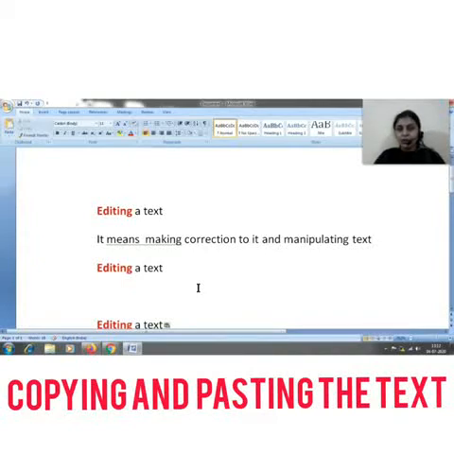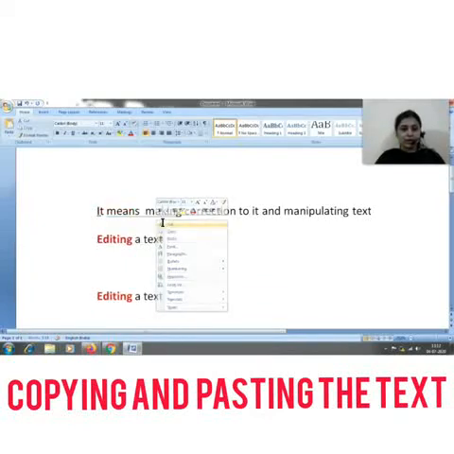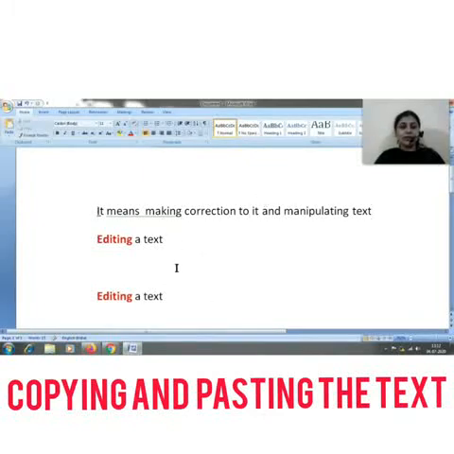Now we will study the difference between cut and copy. When you copy a text, as I have done right now, the text in the source remains unchanged and the same text is copied to the destination. But if I select this and right click and choose the option Cut, the text will be removed from the source location, and when you press Control V or right click and paste, you will see the text in the destination.